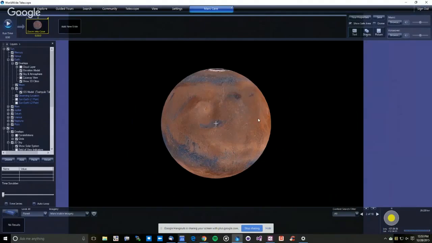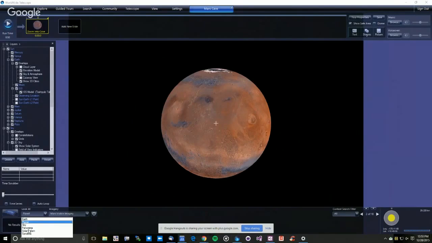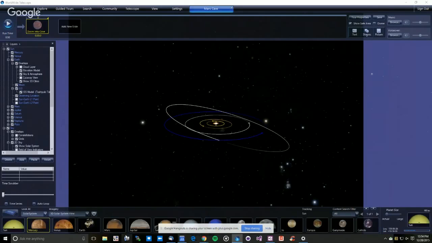But some of the more complicated things need the graphics performance of the desktop client. But we're close. The team is close to adding WebGL, which is a way to get to the graphics hardware to enable a very beautiful rendering. For instance, if I go back to the solar system mode and look at Mars as